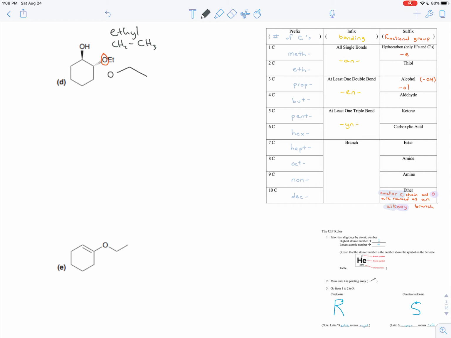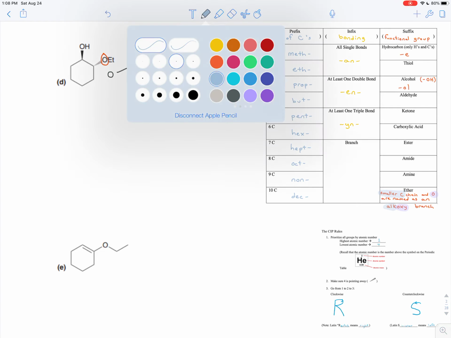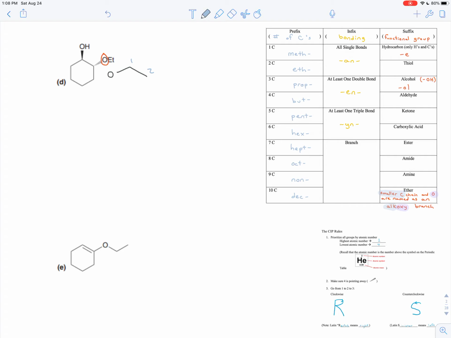So that's an ethyl group, and that means there are only 2 carbons on that side, 1 and 2, whereas on the other side we have 1, 2, 3, 4, 5, 6, and so our backbone is definitely going to be that ring on the left. So that's the backbone. The carbon chain on the right only has 2 carbons, so it's smaller. And our first step would be to name that backbone,